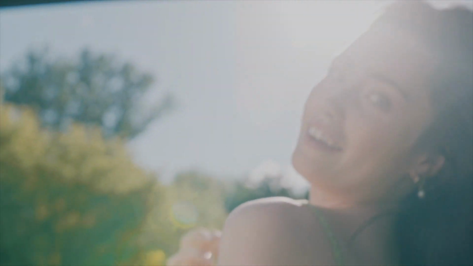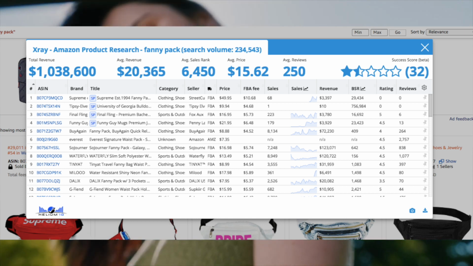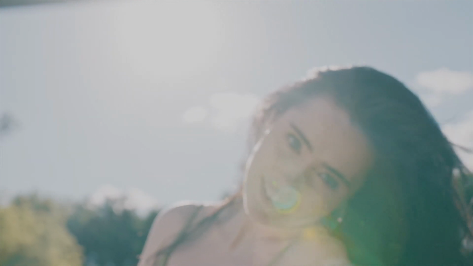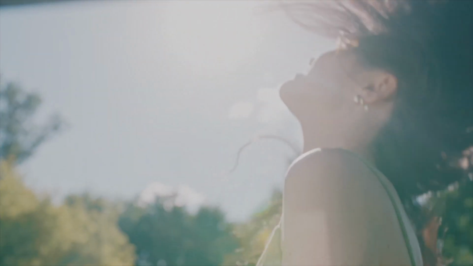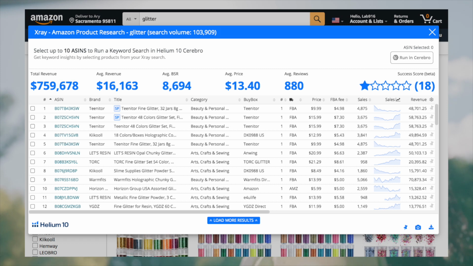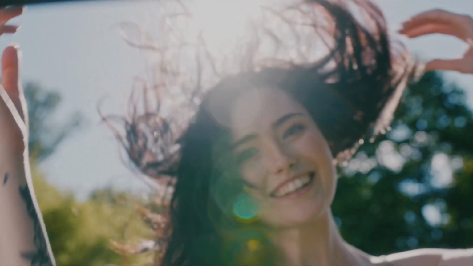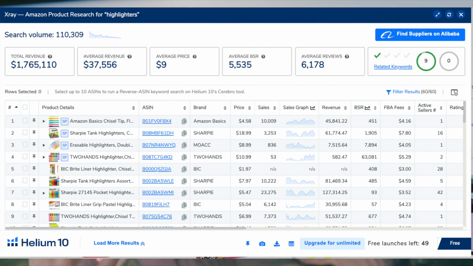The X-Ray tool, which is this one here, is the first one you'll need for that. The Helium-10 Chrome extension is the counterpart of the Jungle Scout Chrome extension. This is the tool you'll use on Amazon.com to pull up a plethora of information on the product, such as if it's selling, how many units are selling at what price, and so on. That's something I'll show you right now. Okay, and then there's this blue icon top-up. If I click it and then select X-Ray, I'll get the Helium-10 X-Ray tool, which gathers all of the relevant information about these products from this page into one box for you to sort and examine.